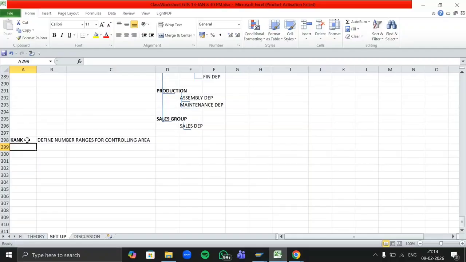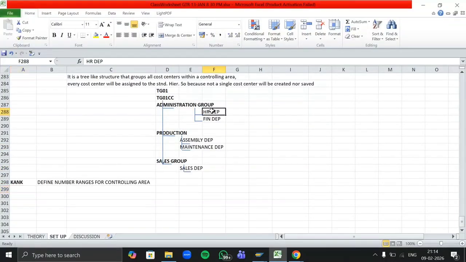Okay, so let's say you are generating one internal order. Like how you are going to create cost centers, like the HR department, finance department, assembly department, you are going to give a unique code and a unique name to each and every department.